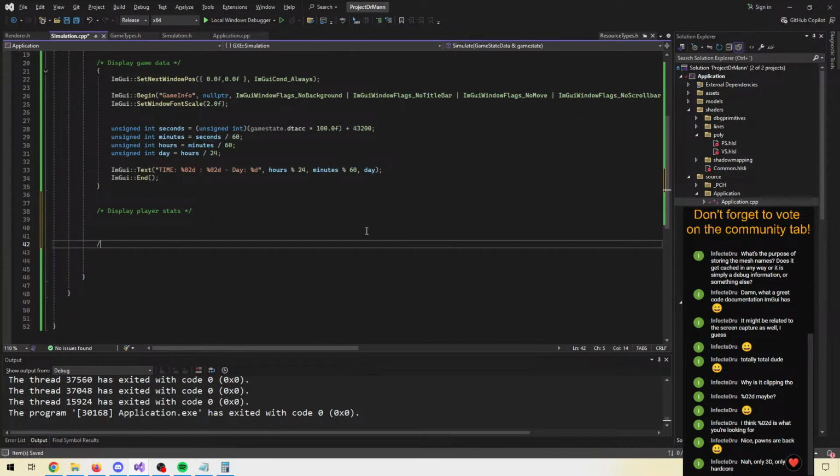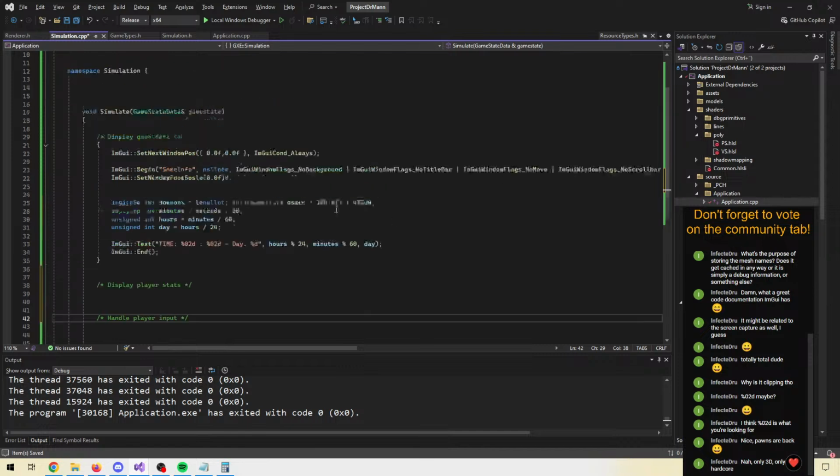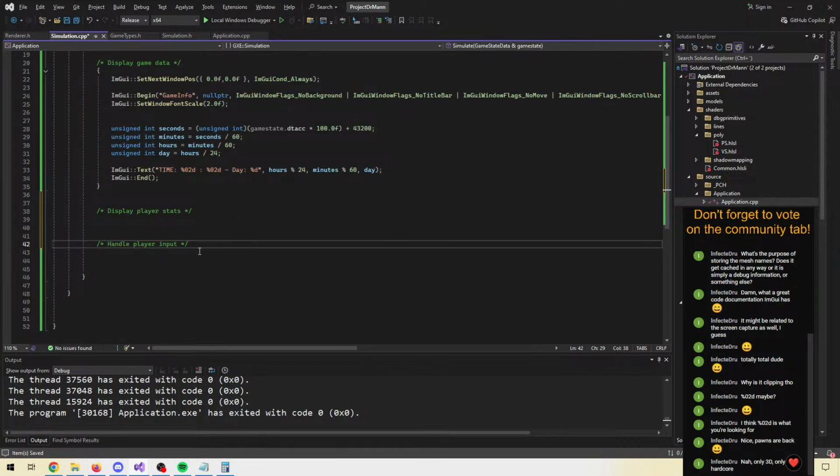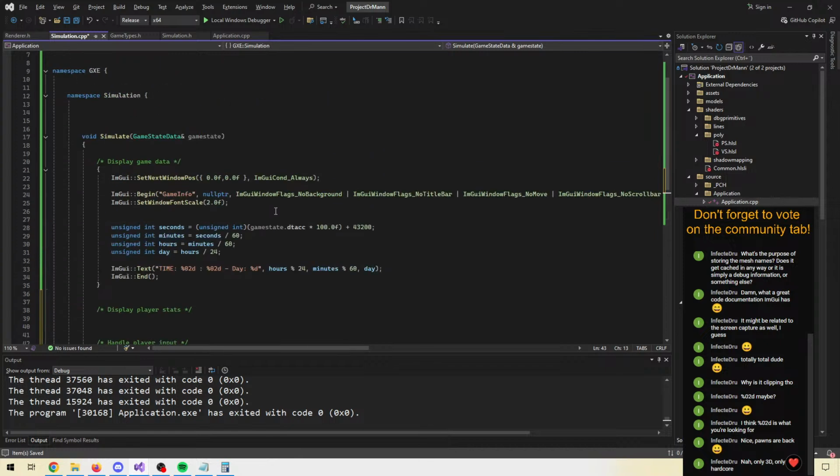And then down here, we want something like handle player input. We could do that and then branch it out into different sections of code if we wanted to or needed to eventually. Right now, we will do a simple